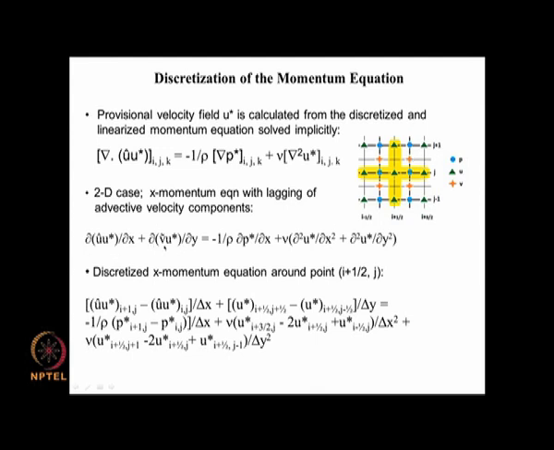Similarly, when we want to evaluate this V tilde u star at i plus half, j minus half, at this point here, again we make use of the same upwinding principle. If V at this point is positive, that is, the average of these two is positive, then the upwind direction means that the u star at this point is taken to be the u star at this point, that is, i plus half, j minus 1. If V, the average velocity at this point, is negative, then the upwind direction means that we have to take this, and the coefficient V tilde is taken to be the average of these two.